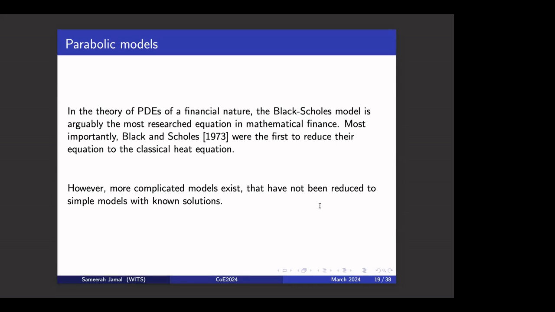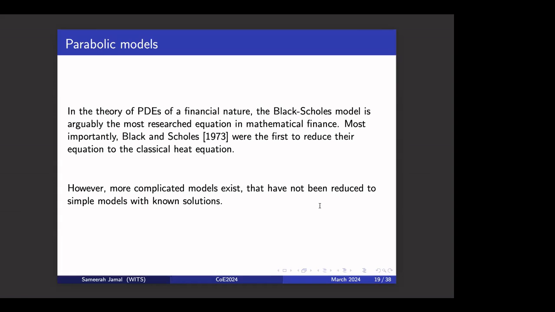So one of the famous parabolic equations in finance, or the maths of finance, is the Black-Scholes model. It's basically a benchmark for studying a lot of applications in the maths of finance. Even though some studies have shown that it has some weaknesses and there are better models that exist, it is, however, one of the classical ones that are widely used.